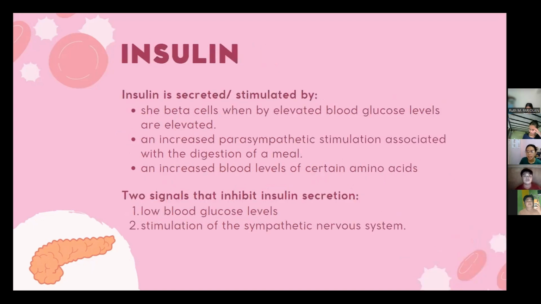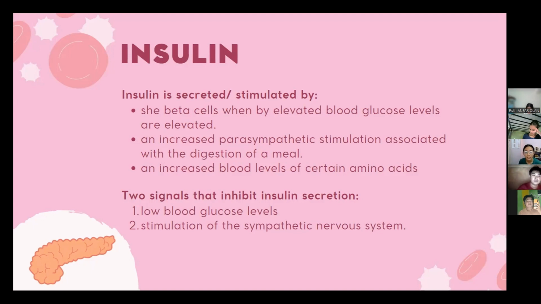So first is the insulin. The insulin is secreted or stimulated by the beta cells when blood glucose levels are elevated. This is a crucial response to facilitate the uptake of glucose by cells, especially in tissues such as the liver, muscles, and adipose tissues. So the insulin is secreted and stimulated by an increased parasympathetic stimulation associated with the digestion of